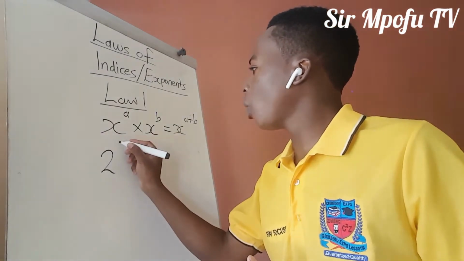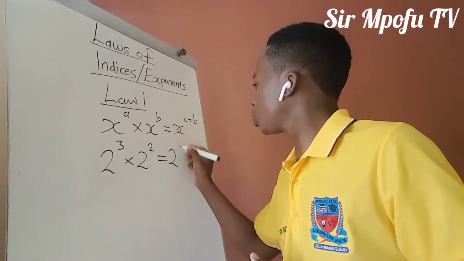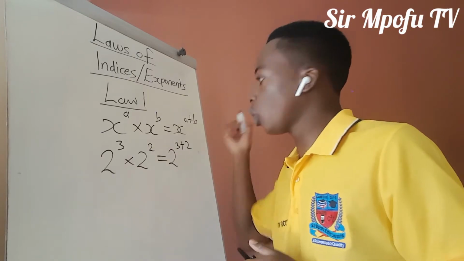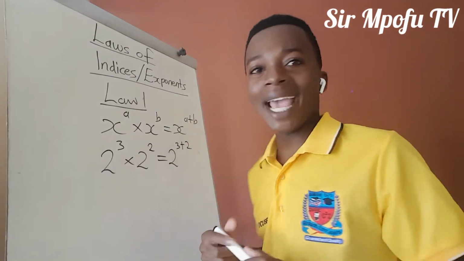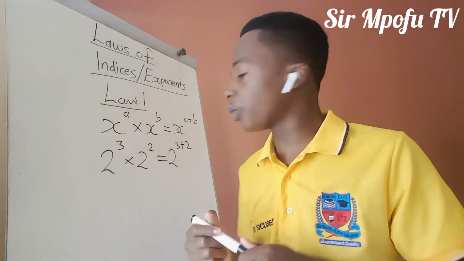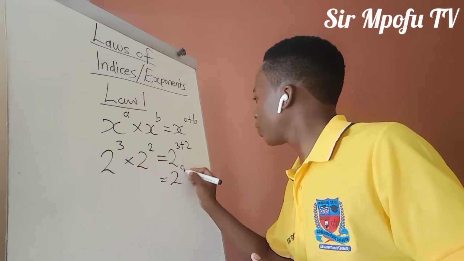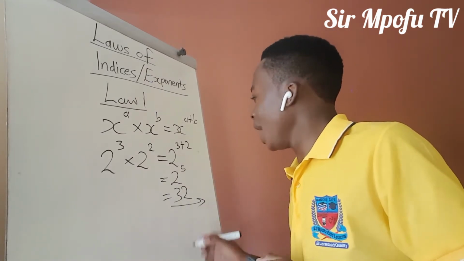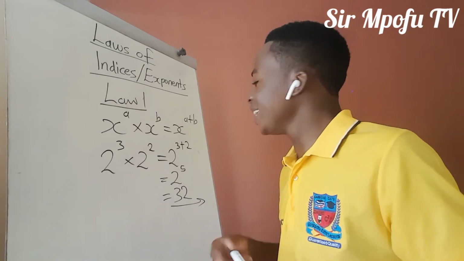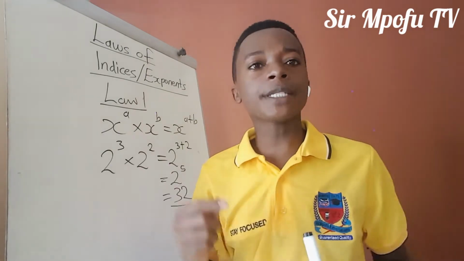Like 2 to the power of 3 times 2 to the power of 2. This is the same as 2 to the power of 3 plus 2, like this. What you only need to do here, because you've got the same bases, is to add the powers. Okay, I'm going to prove this to you, which will be equal to 2 to the power of 5, 3 plus 2, which will be equal to 32, like this. Remember, this 2 to the power of 5 is not 10. This is not the same as 2 times 5. It's the same as 2 times